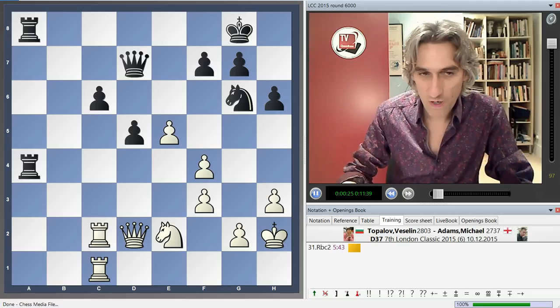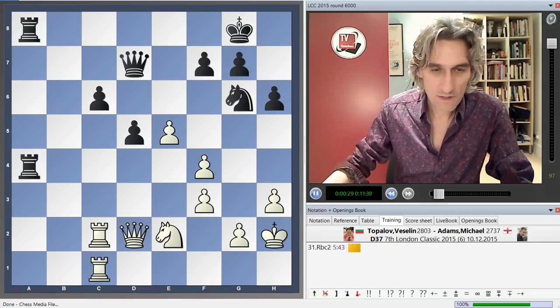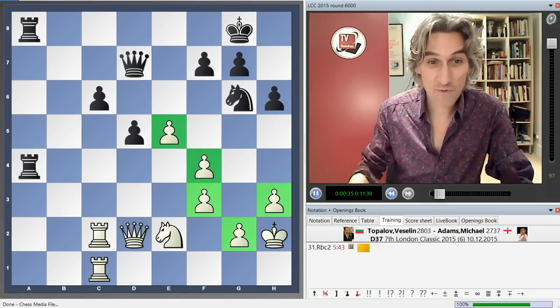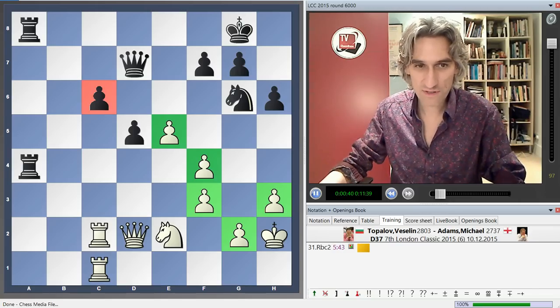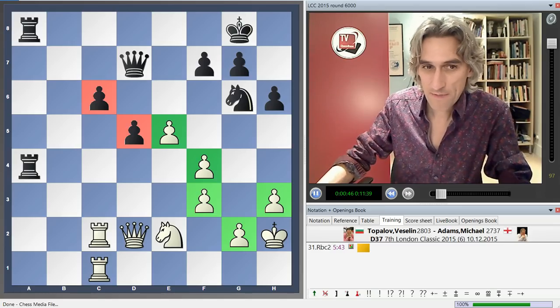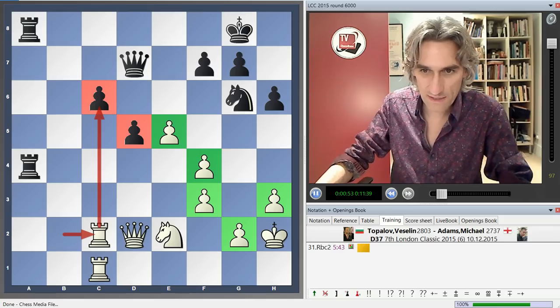Topalov, playing white, has a pretty pleasant position. He's got a nice clump of pawns on the king side, and if he could get the f-pawn rolling, things will be pretty good. He also has pressure on the c6 pawn, so the c and d pawns of Adams are not really any threat. Topalov has just played his rook over to c2, so the threat is rook takes c6, and now